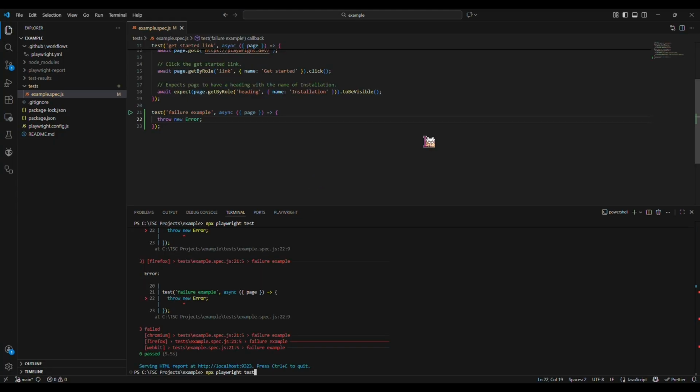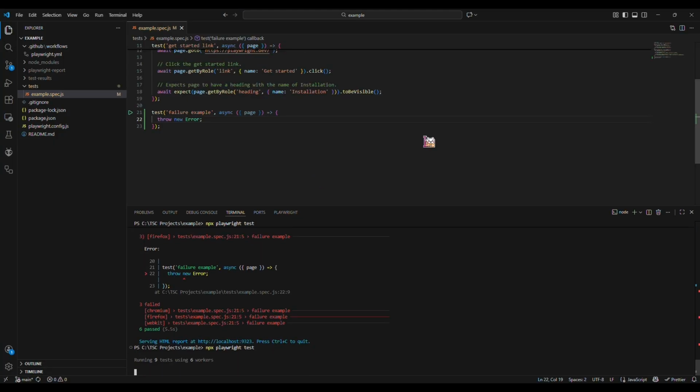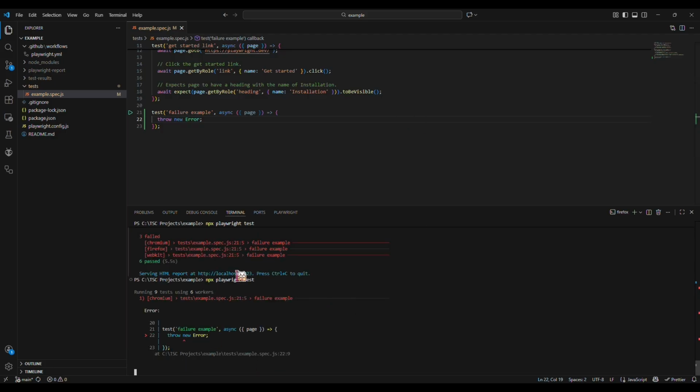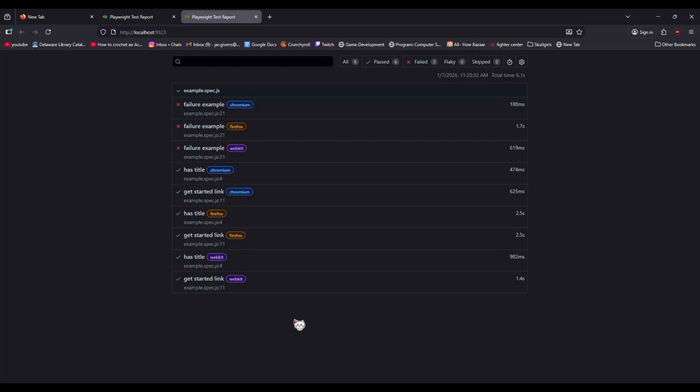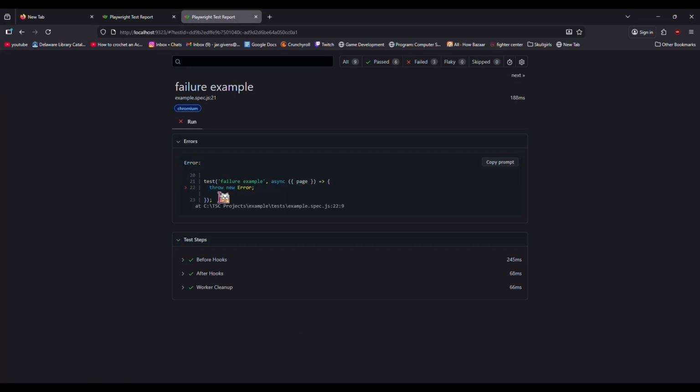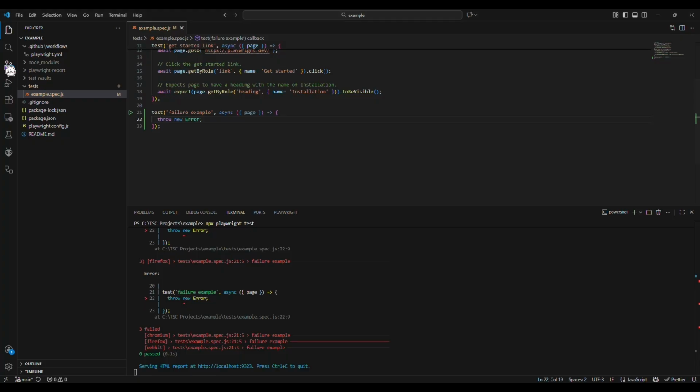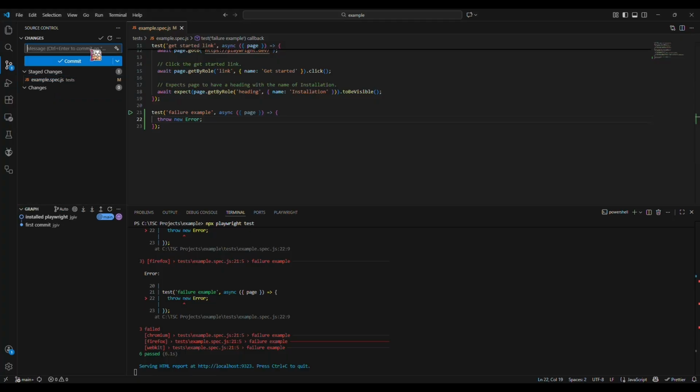I created a new test that fails on purpose to show that when you run the tests and a test fails, it'll pop up here. And once the test is over, it'll open the HTML report and you can see where in the test it failed. Pushing that change I made earlier,